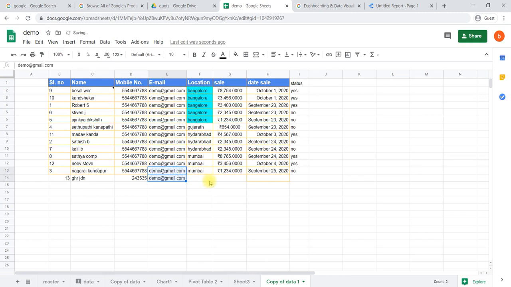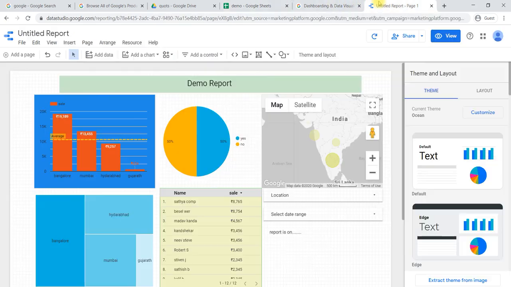Gmail address. I will select Gujarat, or we can select any other thing also, and again I will select the same date to make it quick. I'm not giving a status like before, I'm giving another status. I'm saying Other. There is one more status added. Now we have added one more data row here. It is already updated in your Google Sheet. But how to update in Google